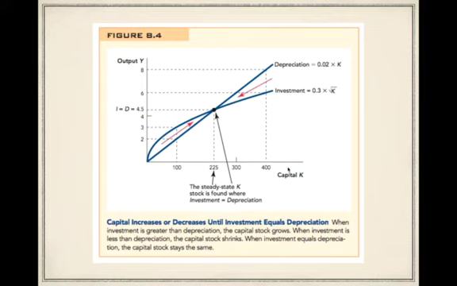So in this picture, if we are to the right of 225, in other words, if we have more units of capital than 225, let's go all the way out to 400. If we have 400 units of capital, 8 of those machines will break down next year because 0.02 times 400